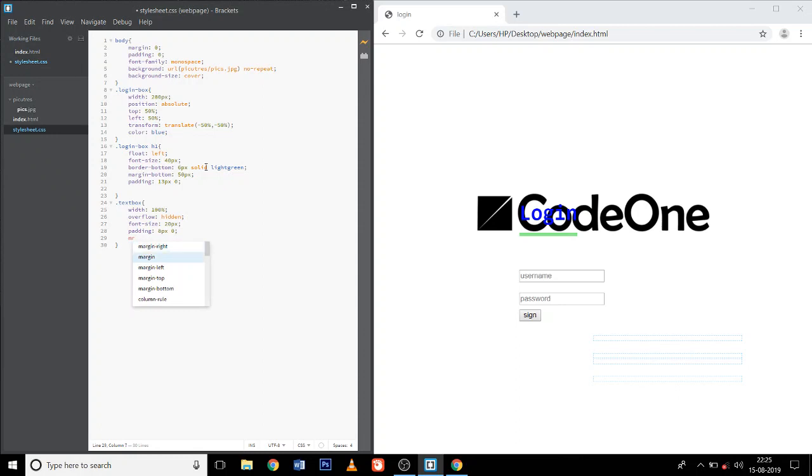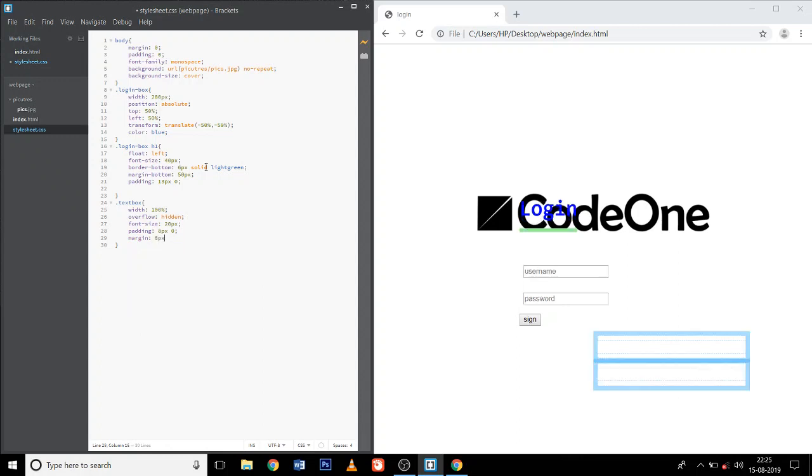margin will be 8 px. Okay, and 0. Okay, now it's better. Okay, border bottom 1 px, solid green I will give. Okay,